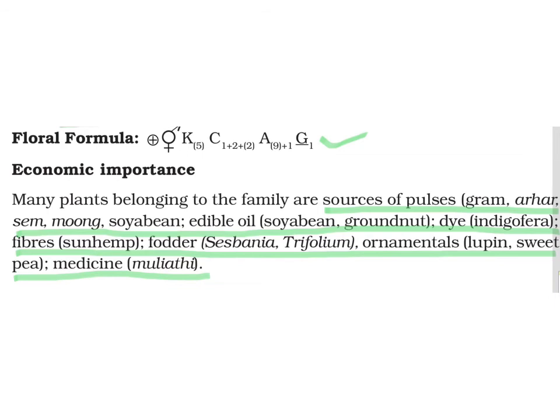Now we are talking about economic importance. Many of the plants belonging to this family are firstly the source of pulses like gram, arhar, moong, soyabean. Edible oils are also present, that is soyabeans, groundnut,